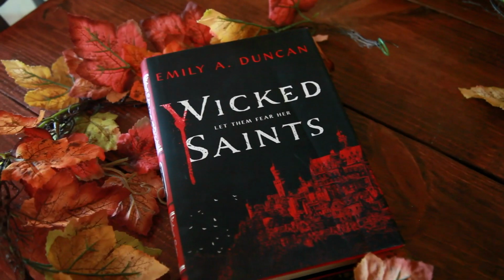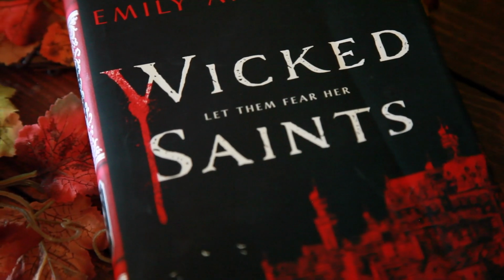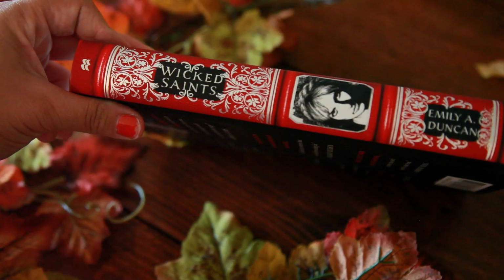This book is kind of a dark gothic fantasy that I really enjoyed, honestly, but the cover I think represents it so well because you have the W and it's going down into blood, and the whole city's kind of red to represent blood because this book features a lot of blood magic. And also on the spine it's got Barco, I don't know how to say that right, I apologize, but it's got that kind of gothic spin to it that I think the spine is truly what shines in